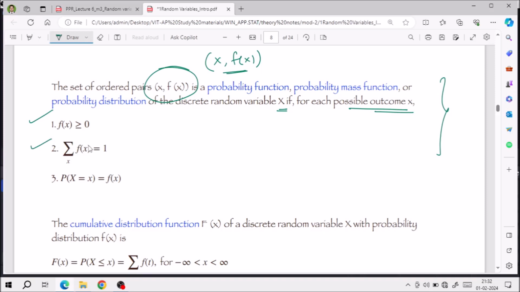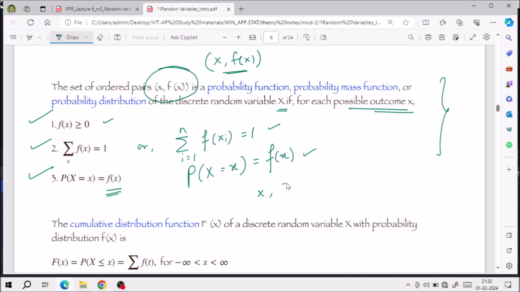Next, the summation of f(x) is equal to 1, or sometimes you will get f of small xi, where i varies from 1 to n, is equal to 1, the same statement. And the third one is P of capital X equals small x is equal to f of x. So first one non-negativity, second one this, and third one this. If these three conditions are satisfied, then this f(x) is said to be a probability mass function,